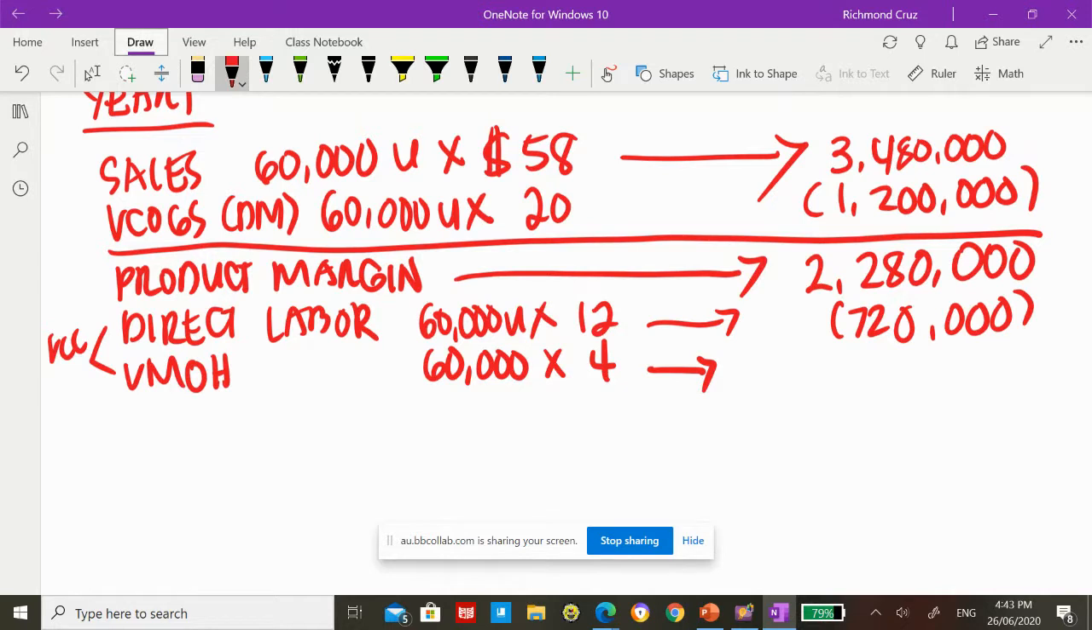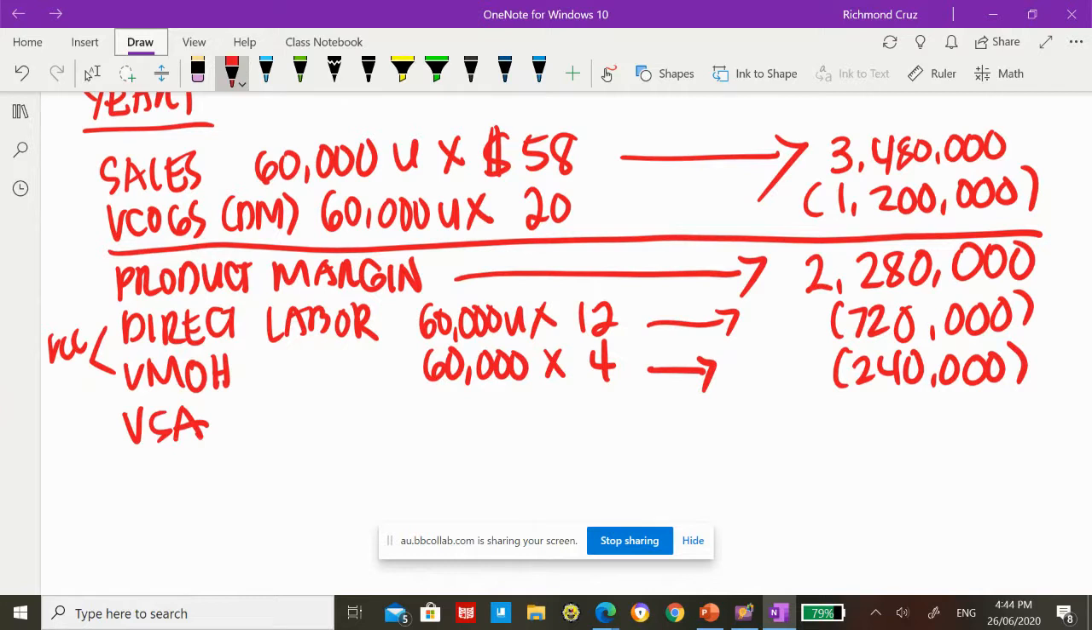Because conversion cost includes direct labor and factory overhead, and factory overhead is comprised of variable and fixed overhead. So that is 60,000 times 4, so that is 240,000. And also, don't forget the variable selling and admin expense. This is a period cost originally,